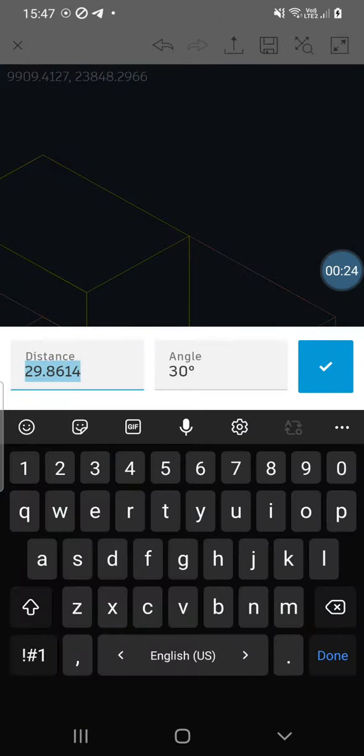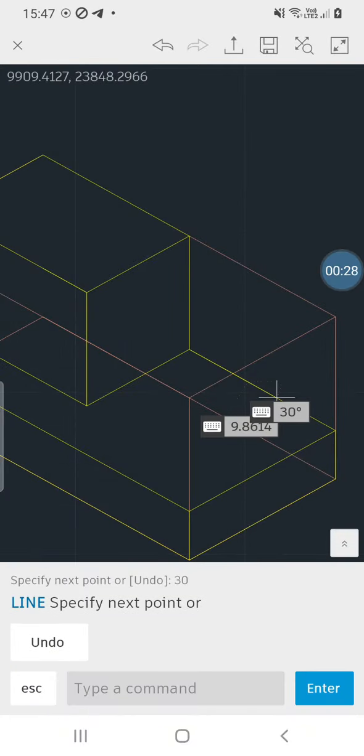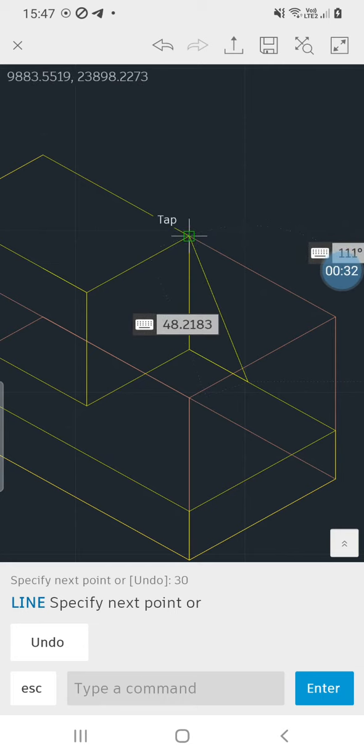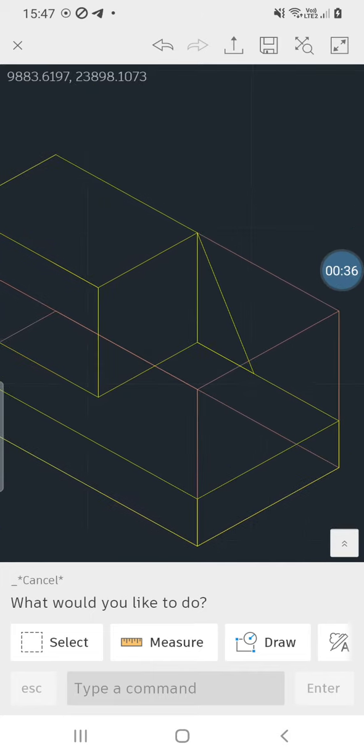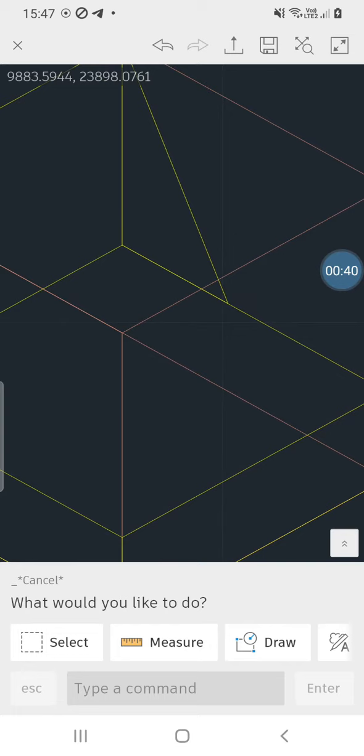So enter the length as 20 mm like this, and move the cursor in the upward direction and join the triangular way like this. Escape. So once we have done this, again we'll have to mark a thickness of 10 mm. So we're going to draw the line of 10 mm.